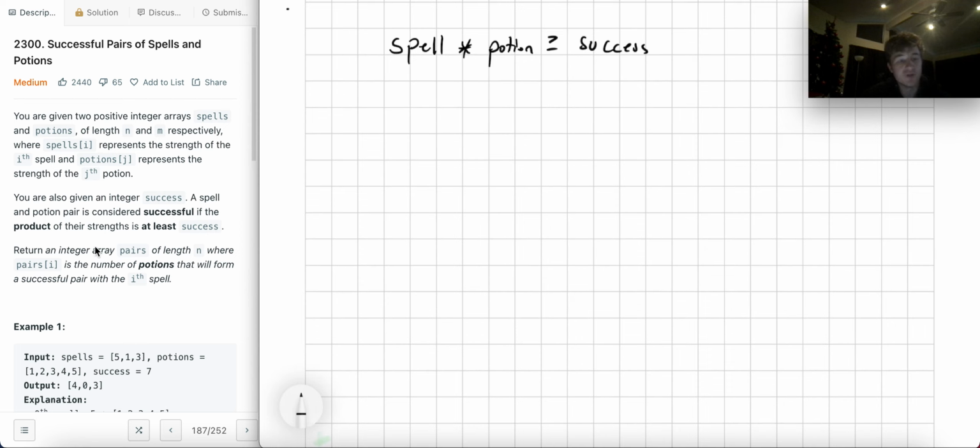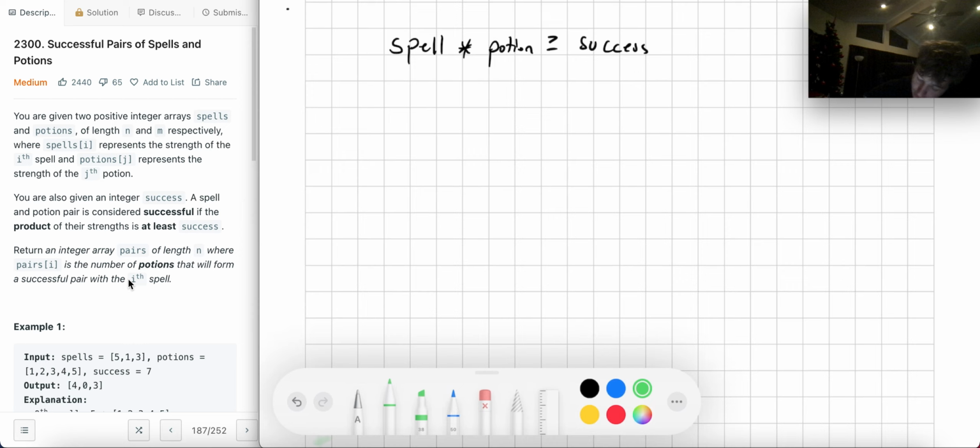Return an integer array pairs of length n, where pairs[i] is the number of potions that will form a successful pair with the ith spell. Okay, so what we're going to do is look at this example first. So in this example,